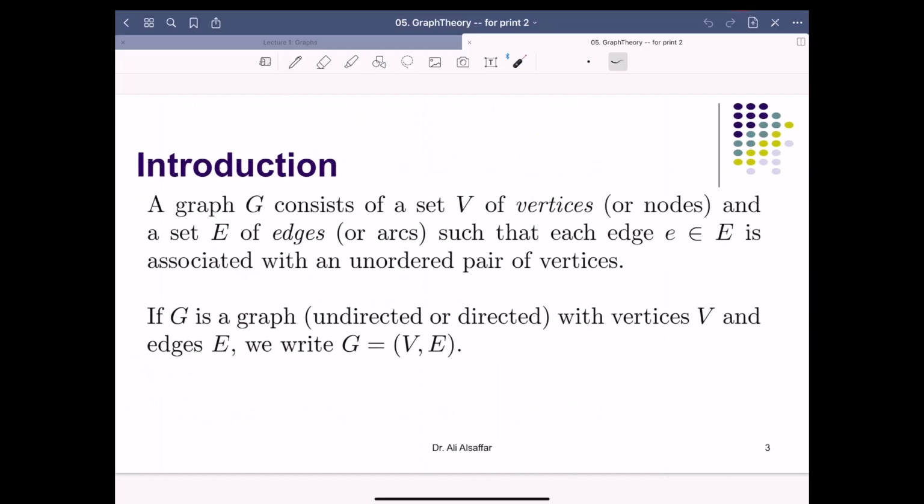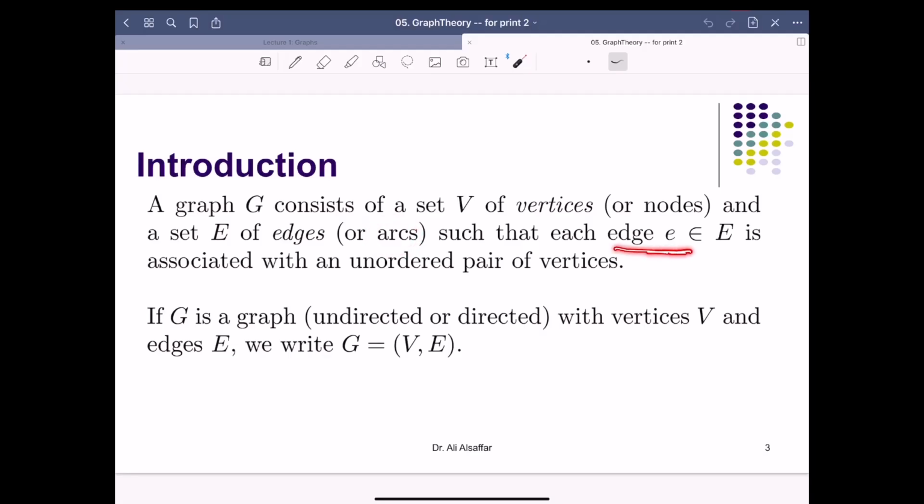So a graph G, and this is the label that you are going to use mathematically for a graph G, consists of 2 sets. V will be the set of vertices, which are the circles. In data structures, when the graph is converted into a program, as a structure, these vertices are called nodes. So it will consist of a set of vertices and a set of edges, which are the lines or the arcs, such that